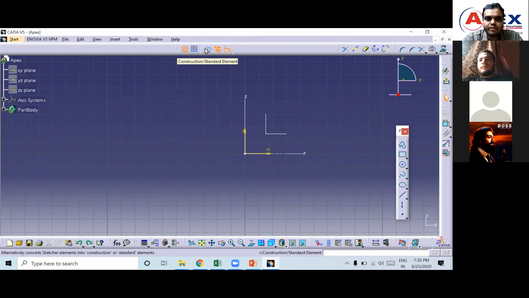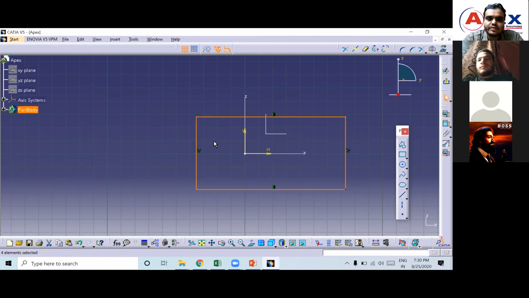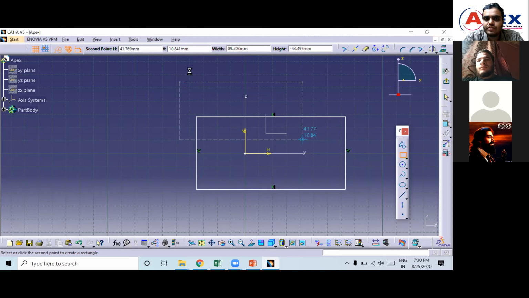Next we have construction or standard element. It should be always off. Remember this. Why? I will tell you. If you create any profile, this is the profile, right? If you switch it on and then create a profile, it will be a dotted line.